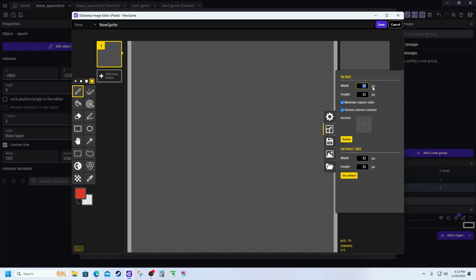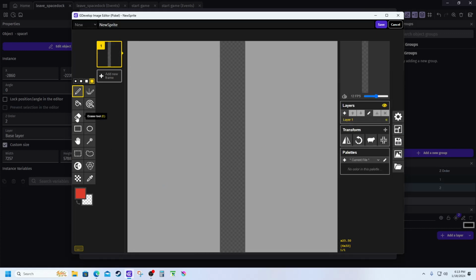I'm going to make it 4 pixels. I don't want to maintain aspect ratio, and I'm going to go by 32 pixels. Resize, and I'm going to go fill, bang, save,